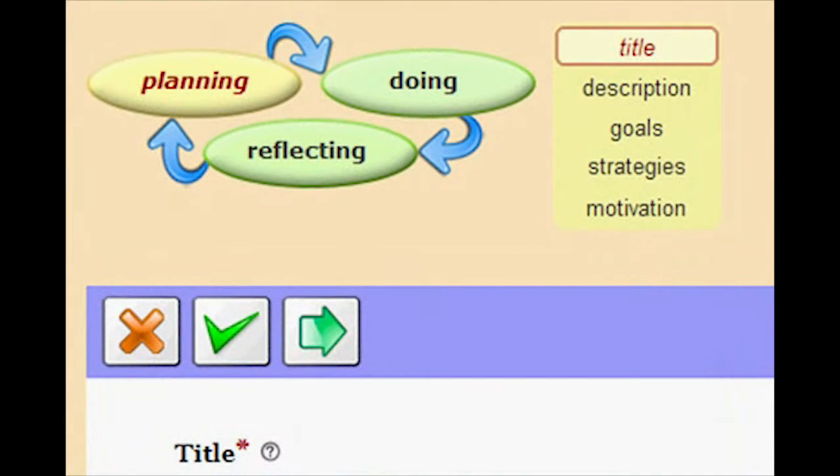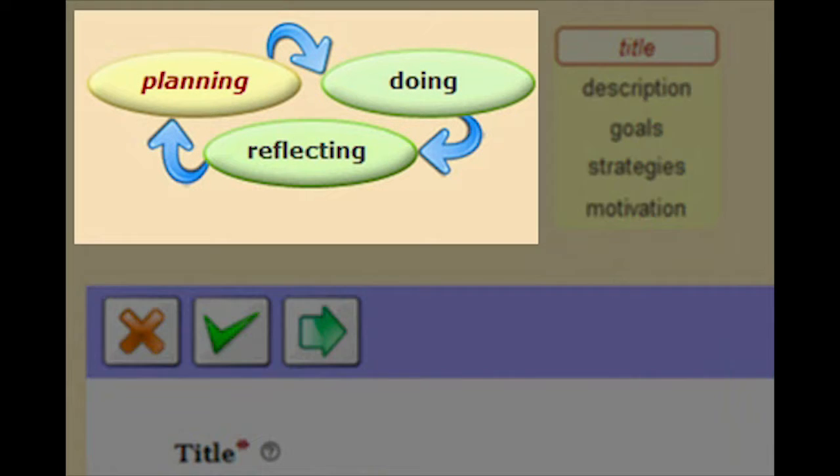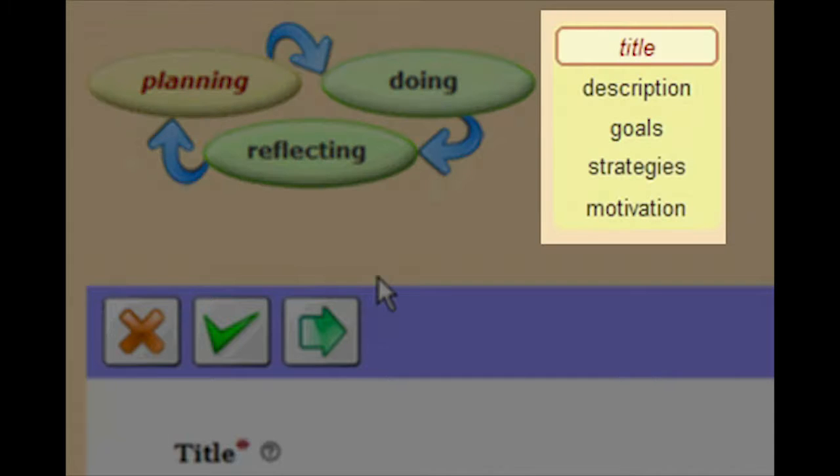This page has 3 types of navigation. First, a student can click on any word of the planning, doing, and reflecting graphic. When a student moves the cursor over the word, it is highlighted in blue. Second, a student can click on any word from this list in yellow to jump to any phase in the